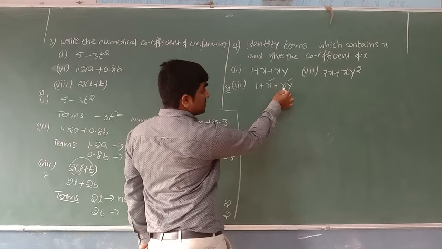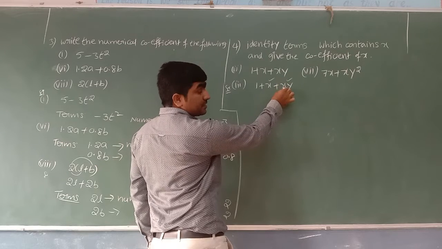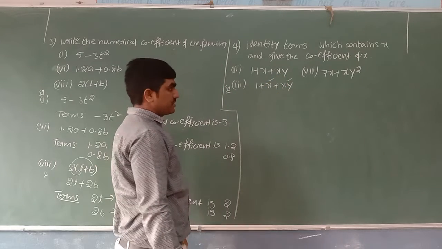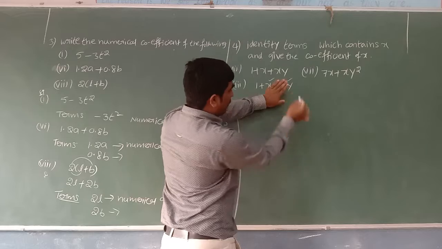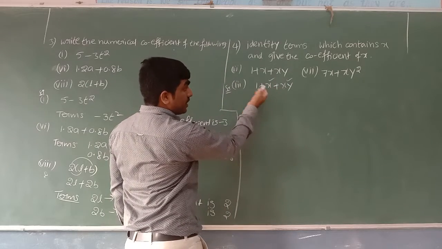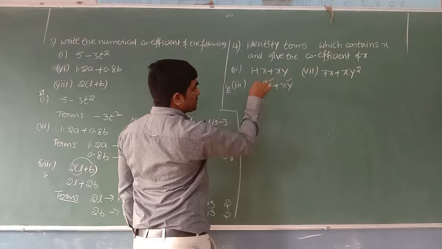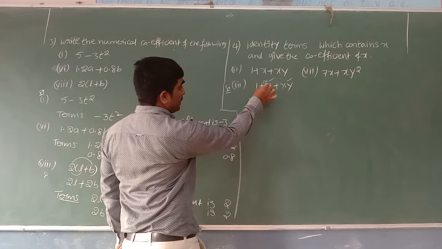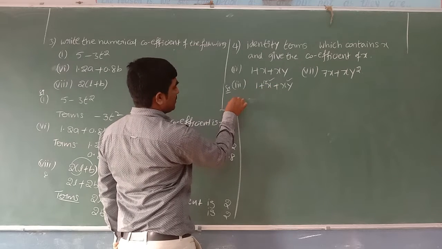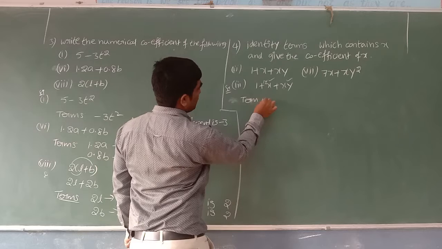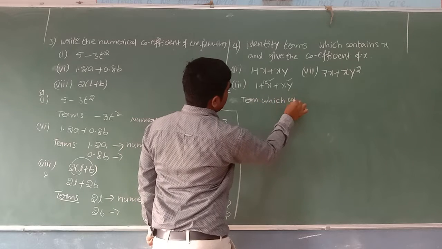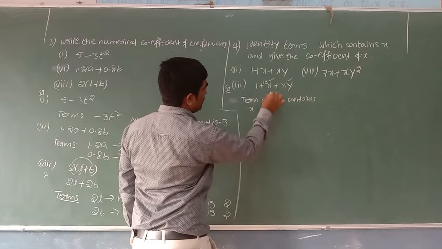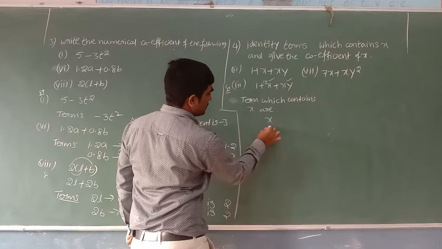Sir, here the coefficient of x is nothing but the other factors other than this x. Remaining factors are called the coefficient of this factor x. Now the coefficient of x is y. For the other term, there are no other factors. For x we can write 1 into x also. So 1 is the factor of x. Here the terms which contain x, let me write the solution here: terms which contain x are x and one more is xy.